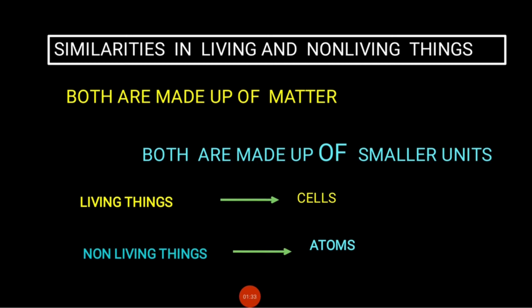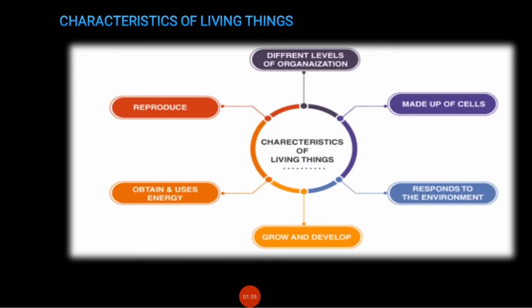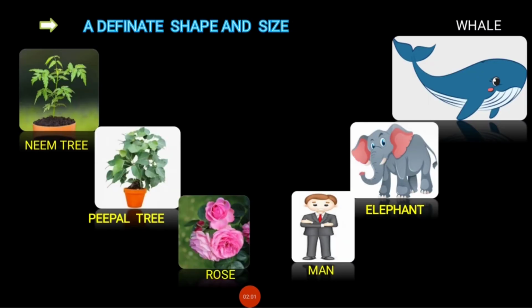Now, next point is characteristics of living things. The important characteristics of living things are growth and development, fixed shape and size, movement and locomotion, need food and energy to grow, etc. Let's see one by one. First one is